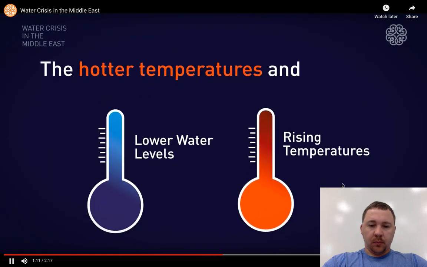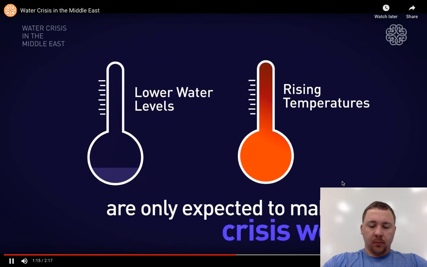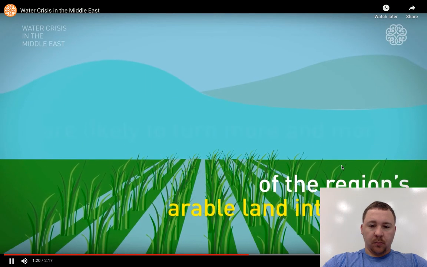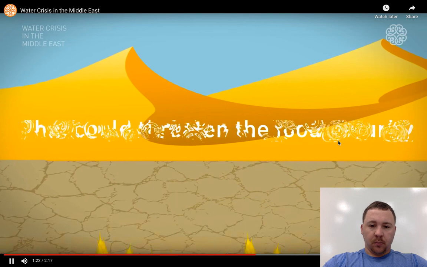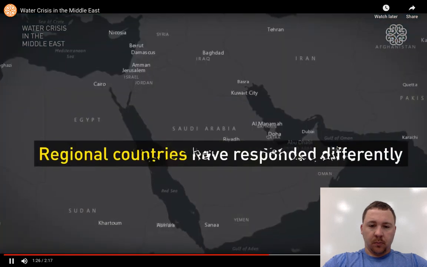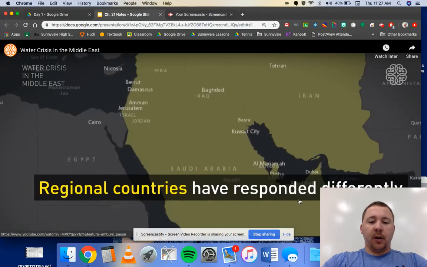The hotter temperatures and diminished rainfall from climate change are only expected to make the crisis worse, and those stressors are likely to turn more and more of the region's arable land into desert. That could threaten the food security of hundreds of millions of people. Regional countries are responding.